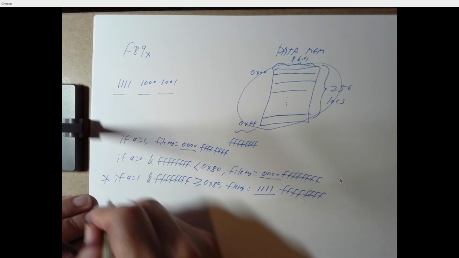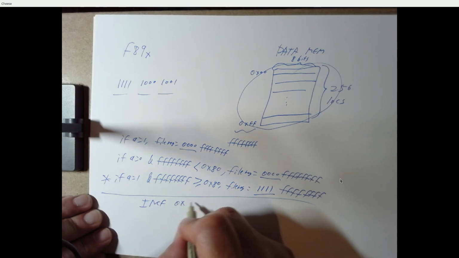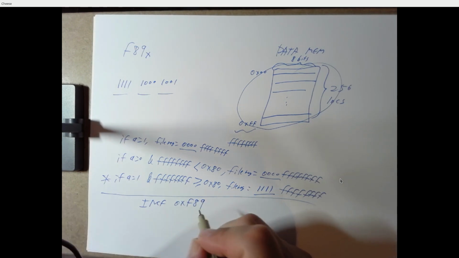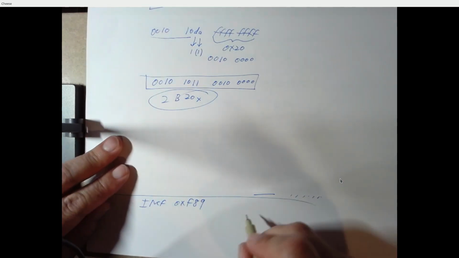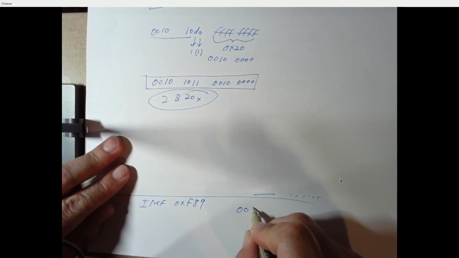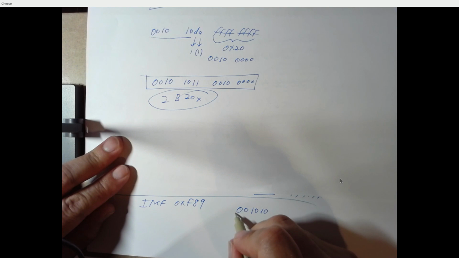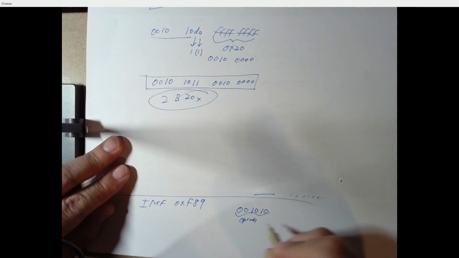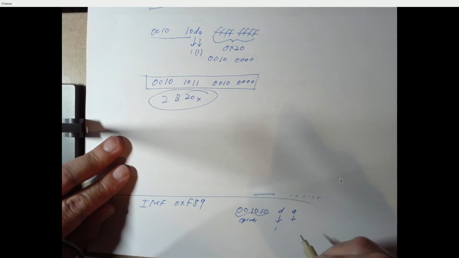So what does this mean? If we want to say increment file register F89, well, our opcode stays the same. Okay, that's our opcode. Our destination bit is still a 1. Our access bit, though, we're going to have to do something with. Our file register,